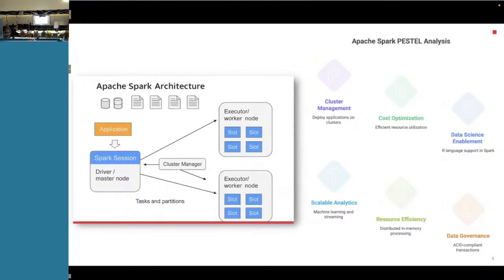We are getting lots of different files. This is just a visualization. We are getting access to lots of database sources, files, CSV, Excel, Parquet, Delta tables.